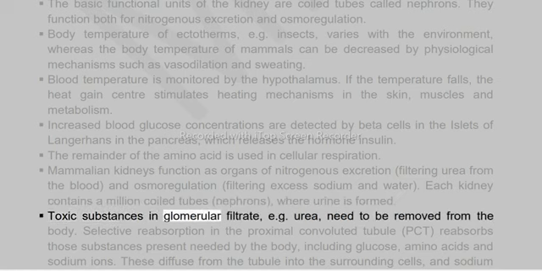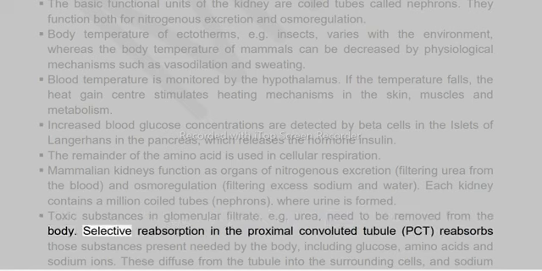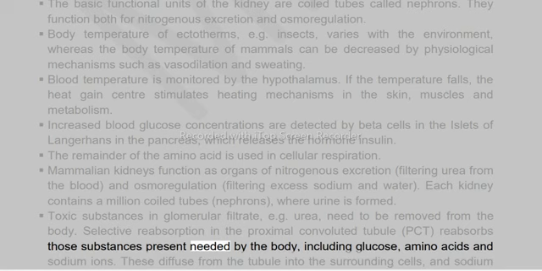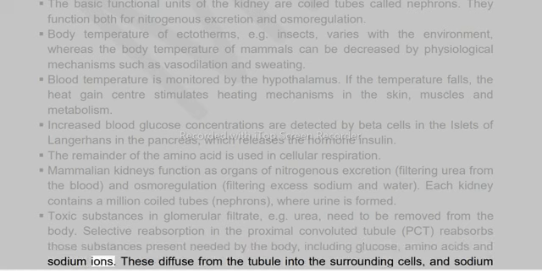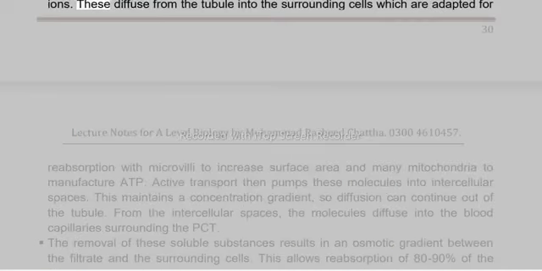Toxic substances in glomerular filtrate, e.g. urea, need to be removed from the body. Selective reabsorption in the proximal convoluted tubule, PCT, reabsorbs those substances present needed by the body, including glucose, amino acids, and sodium ions. These diffuse from the tubule into the surrounding cells which are adapted for